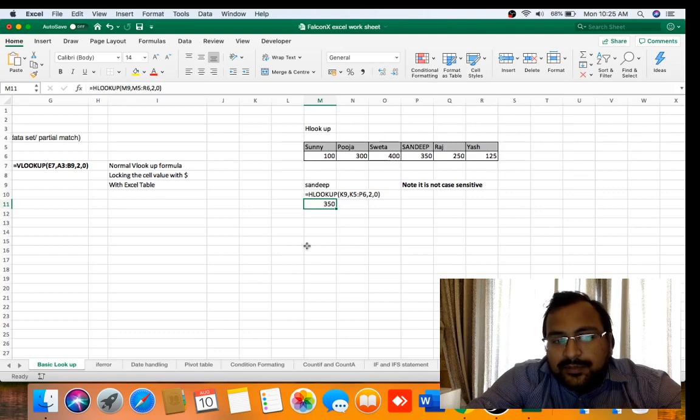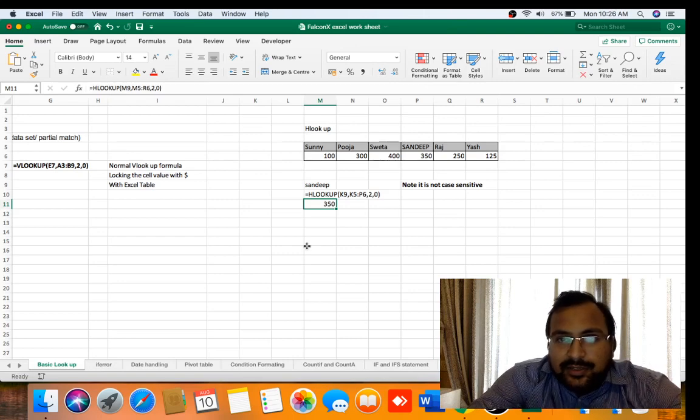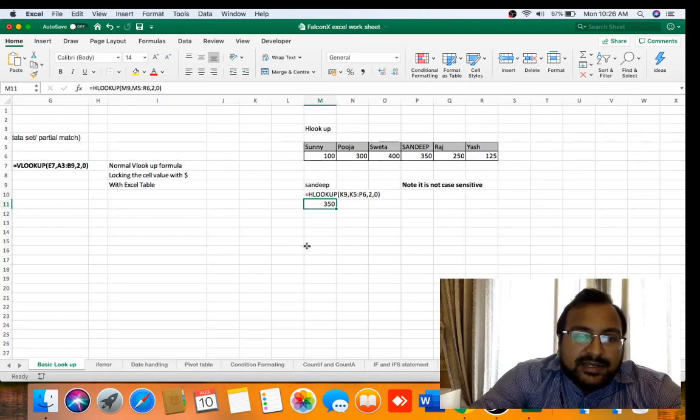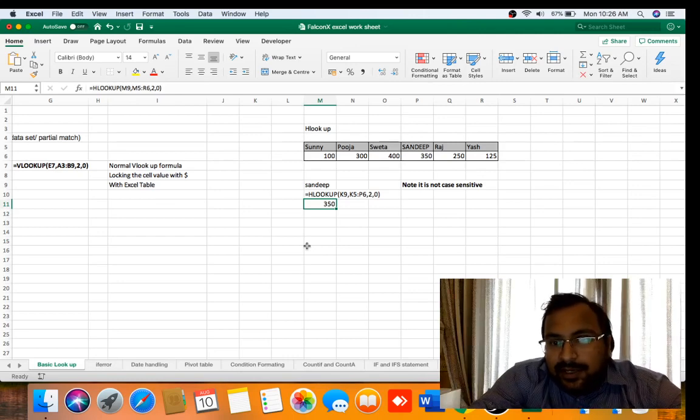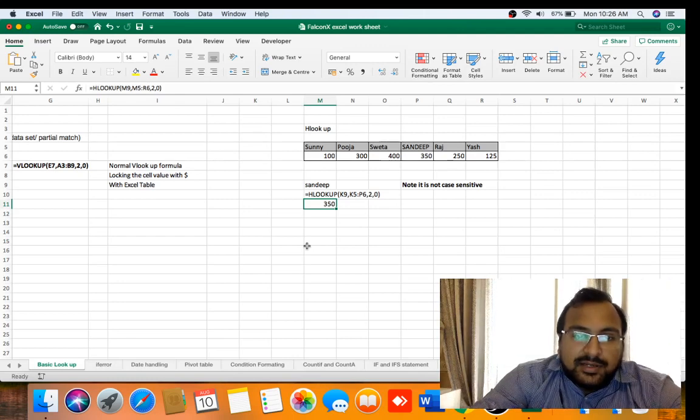In the next topic we will try to come up with more formulas. Lookups will be covered in 3 topics. First was basic, which I have covered. Second is how to put multiple VLOOKUPs together and with IFERROR. And the third lecture will be about INDEX MATCH and the MATCH function.